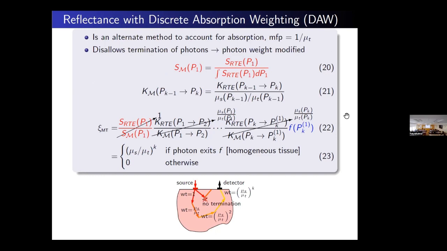You can imagine that if you have a photon very far from the source and a problem where you have lots of absorption, very few photons are going to make it there because they're going to get hit every time they collide. Is there a problem with me getting absorbed? Yes. Then you die.